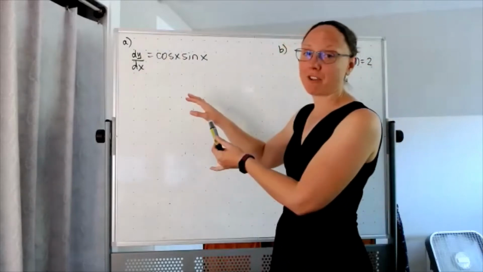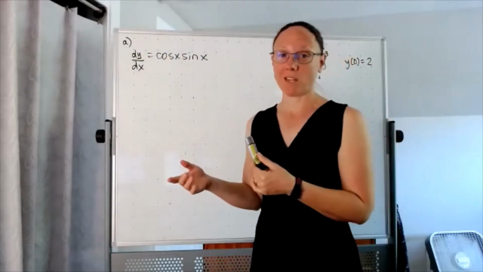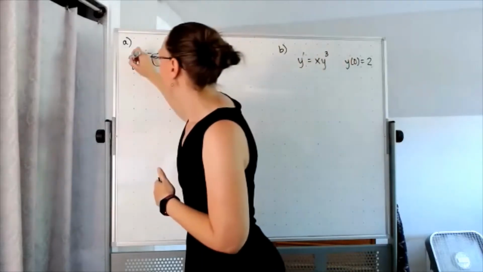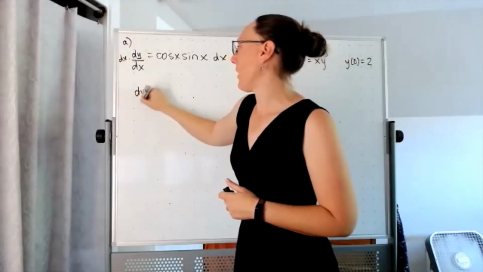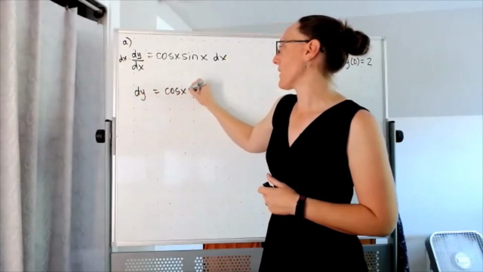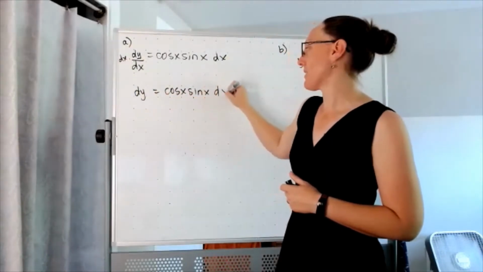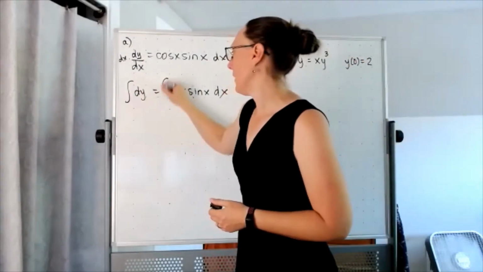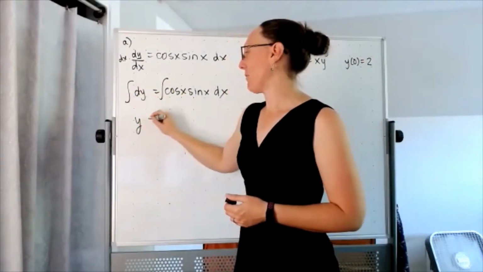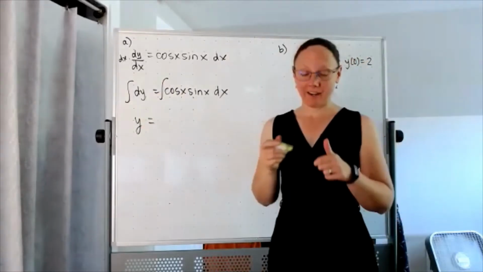And my first step for separating it is that I'm going to multiply both sides by dx. Now I'm looking at dy is equal to cosine x times sine x dx, and I'm ready to integrate both sides. The left-hand side is just going to give me a y. And on the right-hand side,